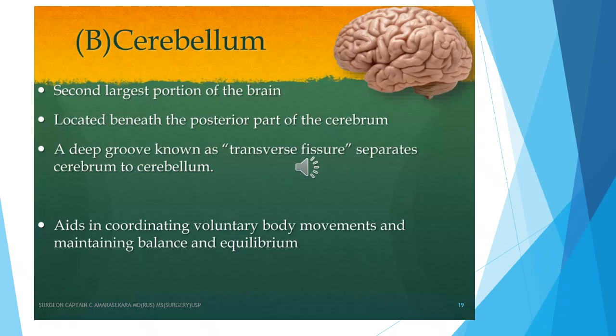If flocculonodular damage, nystagmus and balance disturbance. Importantly, cerebellar signs are ipsilateral due to double decussation of cerebellar pathways. So, a right cerebellar lesion causes right-sided ataxia. In trauma, posterior fossa bleeds or herniation can compress the cerebellum,